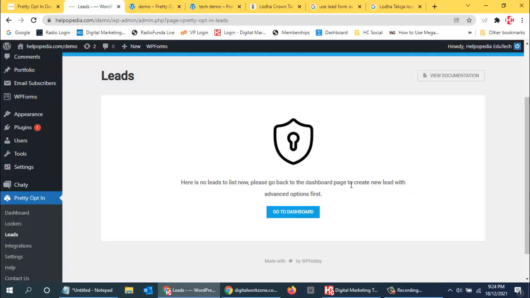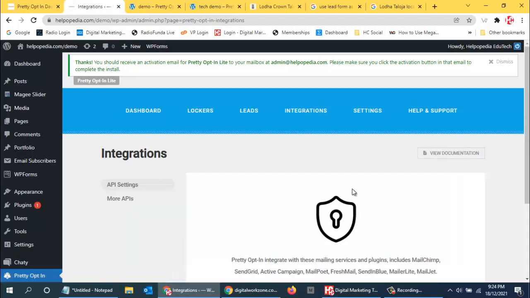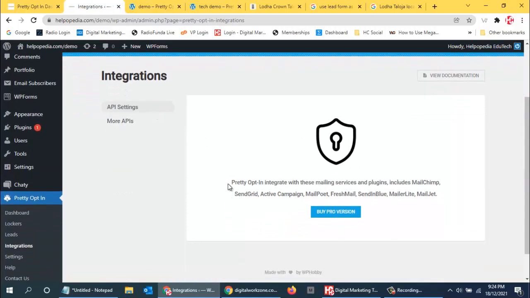Okay, integration. API settings. Okay, settings.